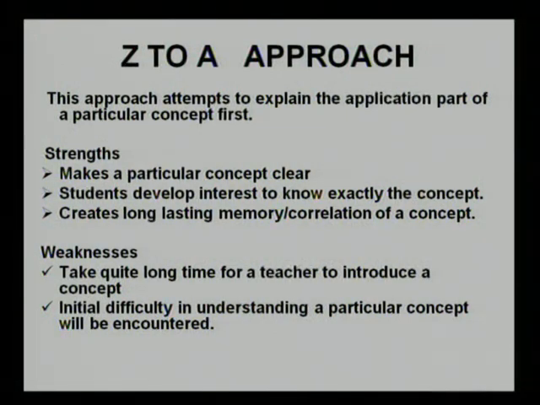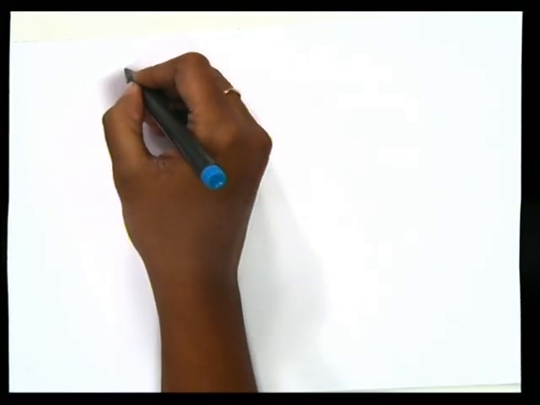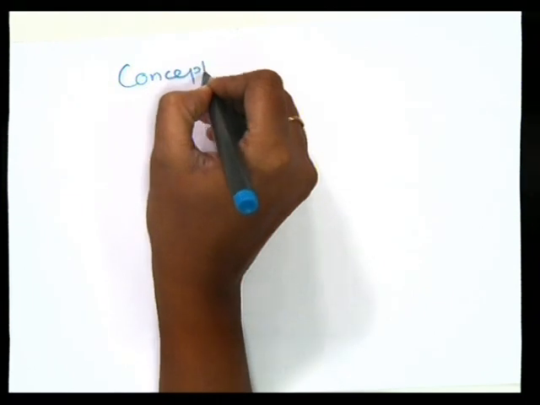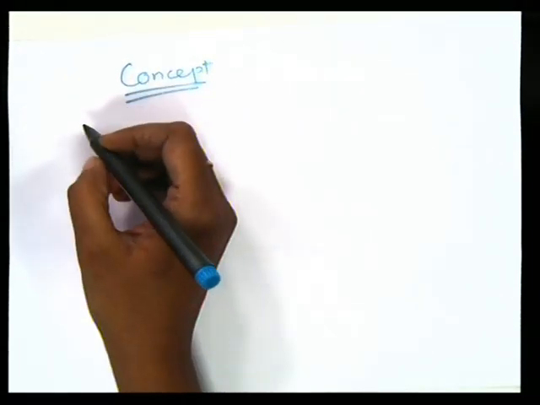This particular approach attempts to explain the application part of a particular concept first, and makes the concept clear. Students develop interest to know how exactly the concept works, it creates long lasting memory, and correlation of the concept. Let us go to the teletalk. Here you can find in the teletalk that when you make a clarity of concept, what you need...